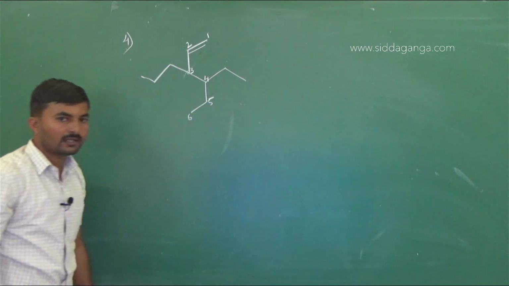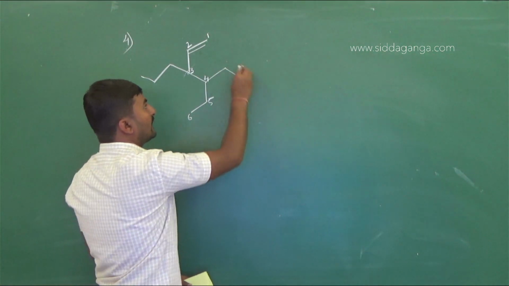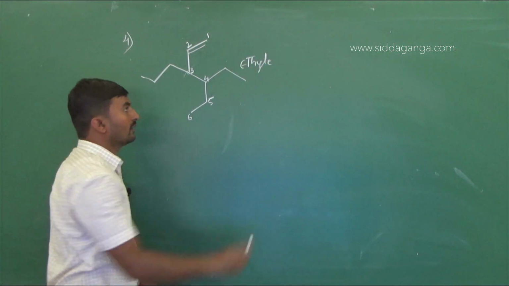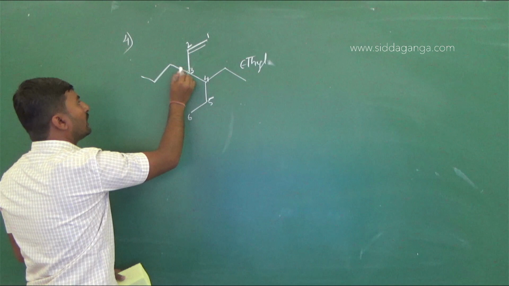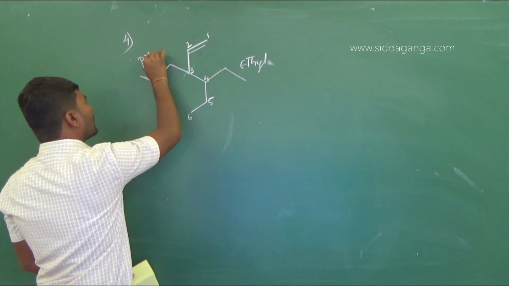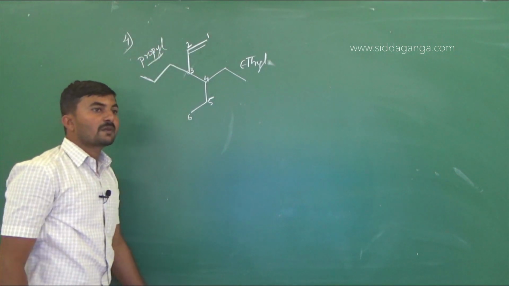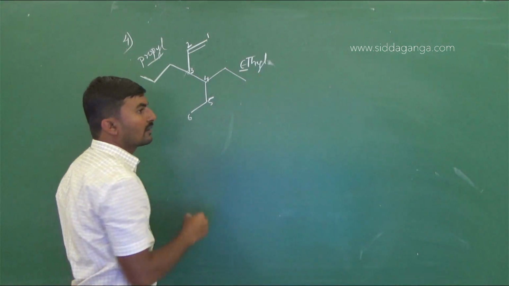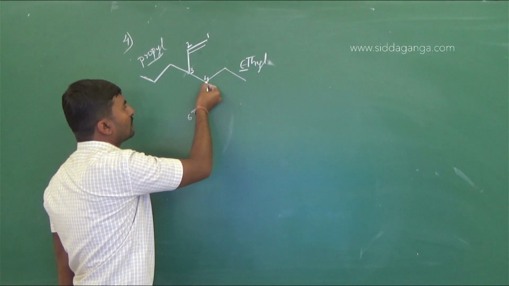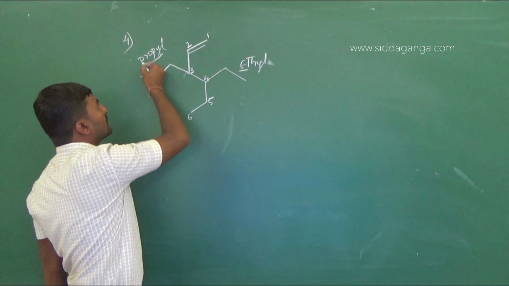This will become the parent chain, which includes one substituent, that is CH2CH3. This is the ethyl substituent, followed by 1 2 3. That means this is the propyl substituent. 3 carbon atoms, propyl substituent. Which comes first in the alphabetical order? E. Ethyl. Which substituent is at which position? That will attach to the fourth position. Ethyl is attached to the fourth position, followed by the third position, which will get attached with propyl.